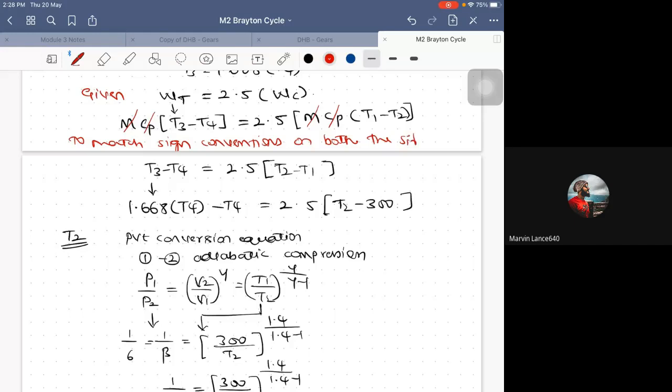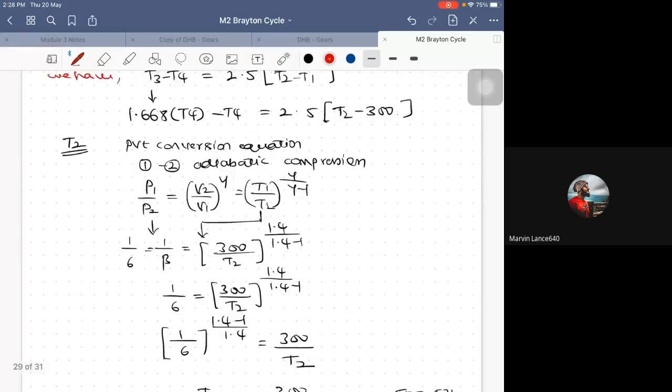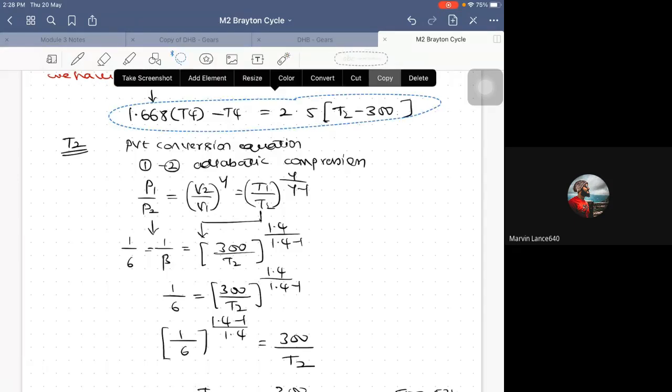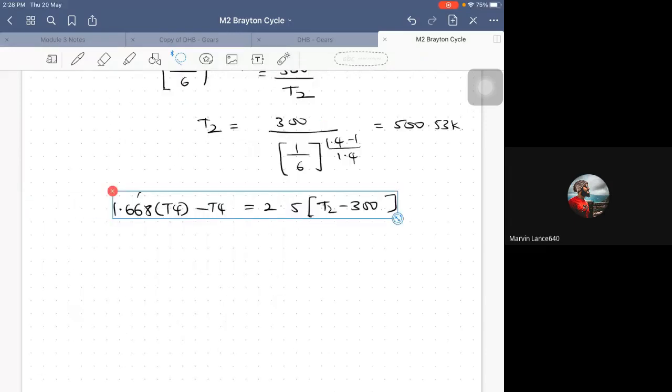Both the sides we have. Okay? Once T2 comes, what is your next step? Use this particular equation to calculate the value of T4. Copy. So in this equation,